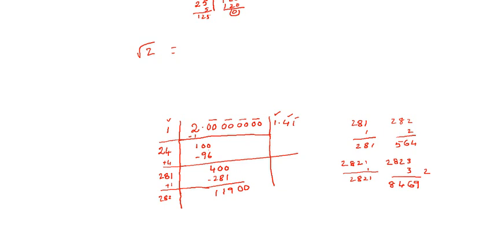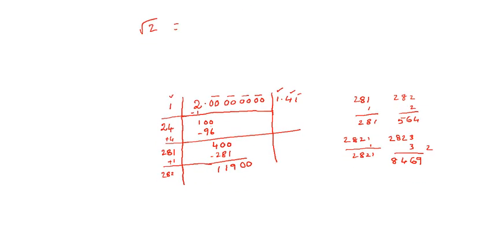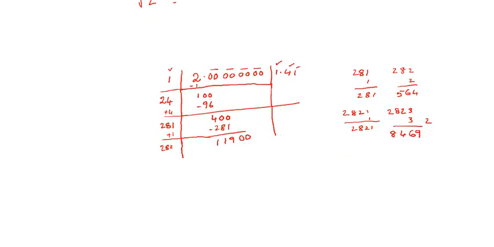Now we move to find one more. That is, I write on the right side of 282, 4. Now this is multiplied by 4. Then what do you get? You may observe. 4 4s are 16. 4 2s are 8 plus 1, 9. 4 8s are 32. 4 2s are 8 and 3, 11. What we get? 11,296.